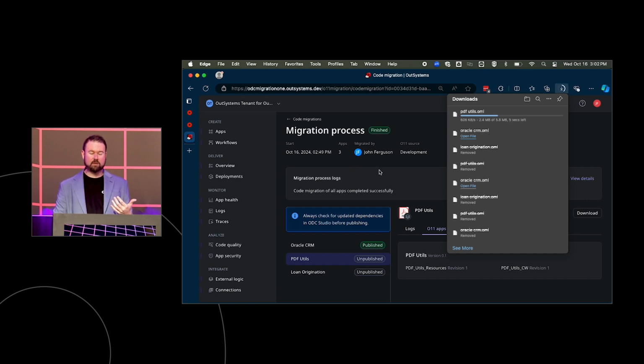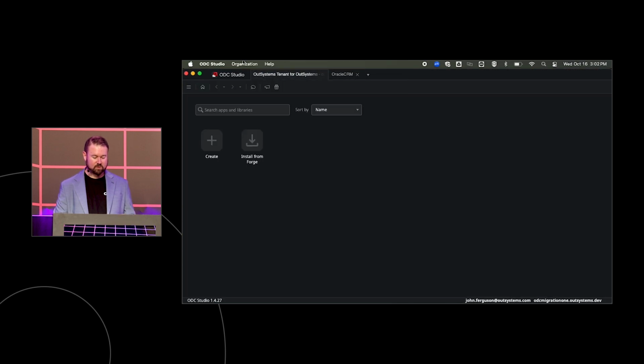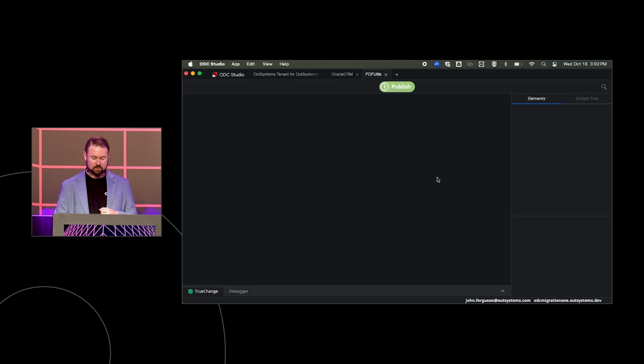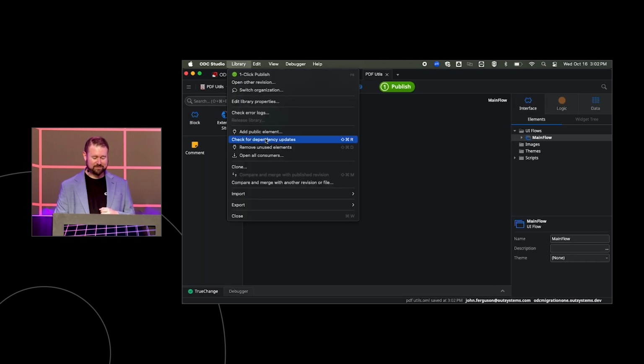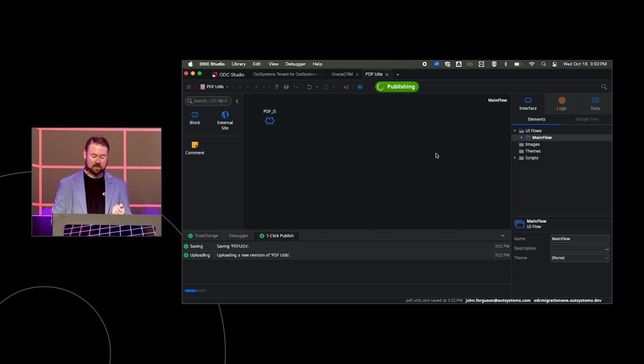Again, we're going to go through the same process. Let's refresh, make sure there's no issues, and then we're going to publish it right back up into our dev environment. So we'll come back into ODC Studio. We'll open up PDF utilities. We'll brush our teeth and check for dependencies. Looks good. And we publish. Now, what's going to happen next is once this is published in green, I can go grab the main application,